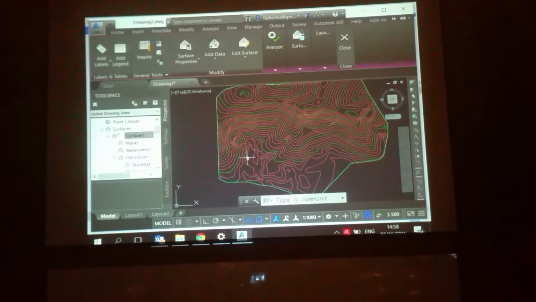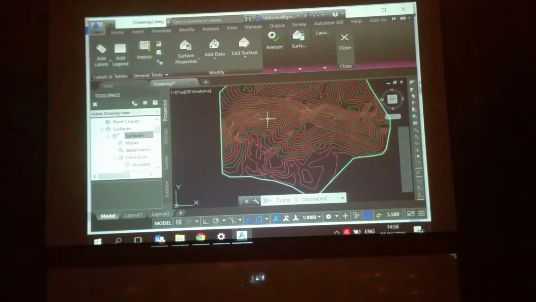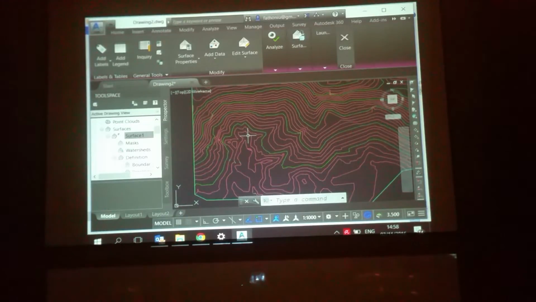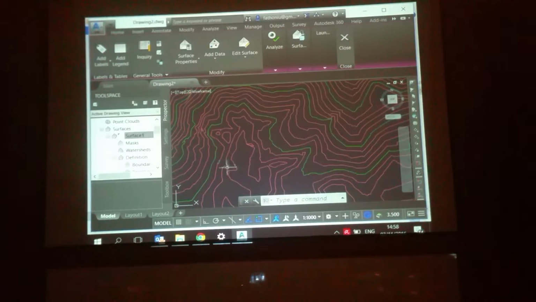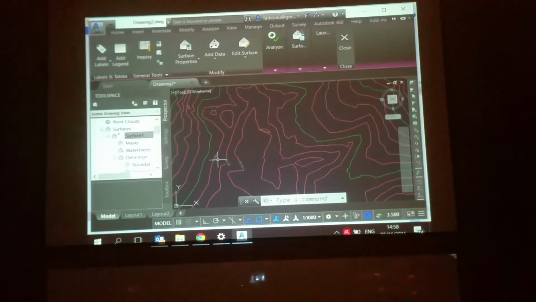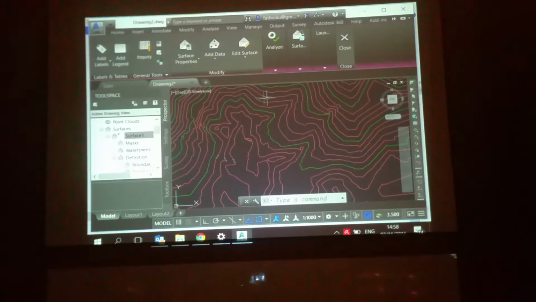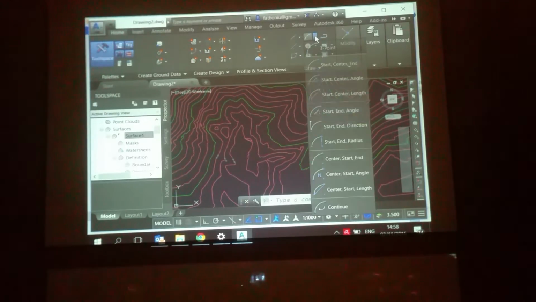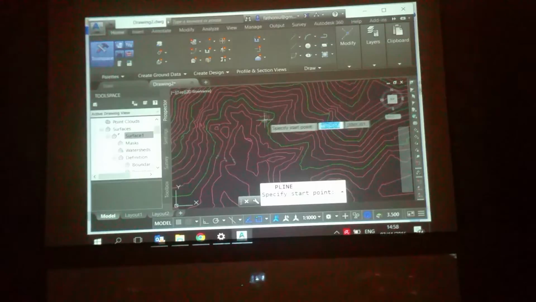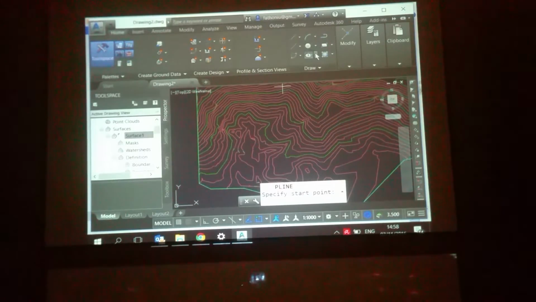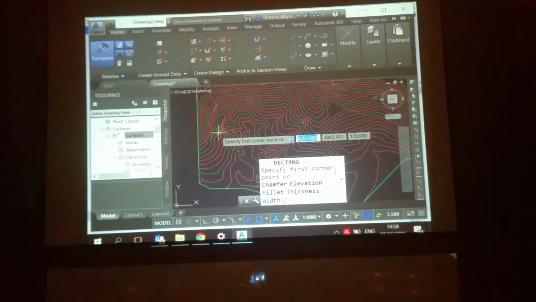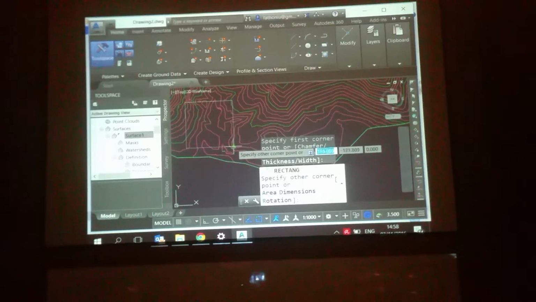Your platform here, okay, let's say from the contour line here, we can determine that this area is a steep area, right? Then we are working on these two different elevations, 10 meter. So our platform, I'm drawing the polyline. This is my polyline, right? I know already how to draw the rectangle in AutoCAD. Okay, done. Do it like this.